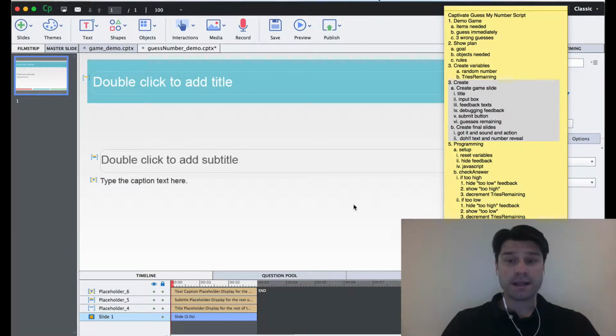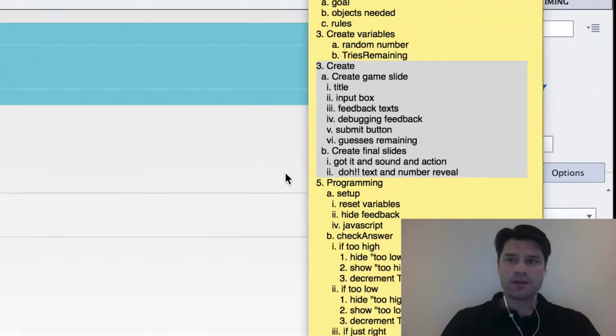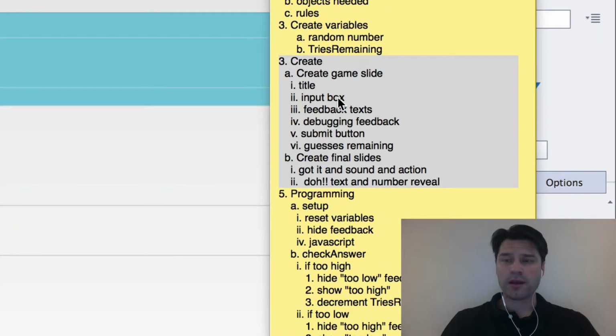Okay, in this next section, now that we've already created our variables, we need objects. We need the objects before we create the rules because usually we manipulate the objects with the rules. So let me show you over here in my plan that I've got off to the side in my guess my number script. What we're going to do over here in number 3, we're going to create the actual game